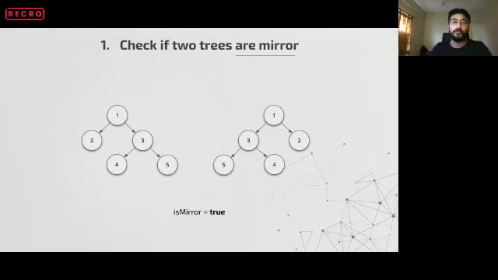Let's say we have two trees as an input, and we have to return true if the trees are mirror. And how do we define if a tree is a mirror? If you just imagine there is a mirror in between, the left child becomes a right child and the right child becomes a left child, correct? So for this tree, 2 is the right child, and for this tree, 2 is the left child. So that is a mirror. And similarly, each and every node will have this mirror property to it. Is it fine?